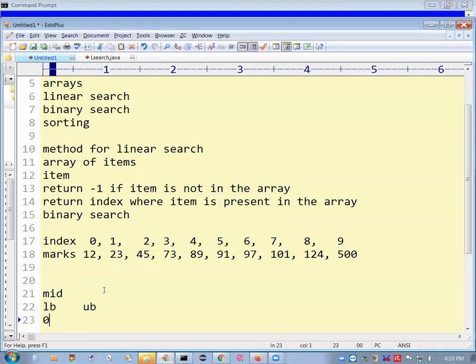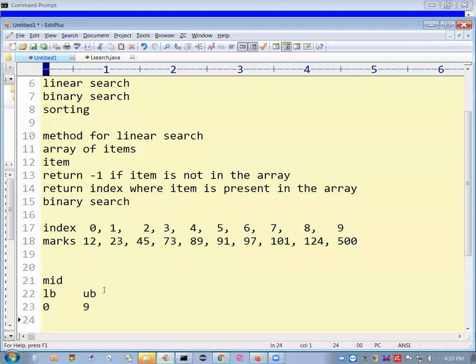The items that you want to search are there between 0 and 9th index. These are the two indexes between which the actual numbers you want to search are located in the array. So 0 is the index of the lower bound, and 9 is the index of the upper bound.